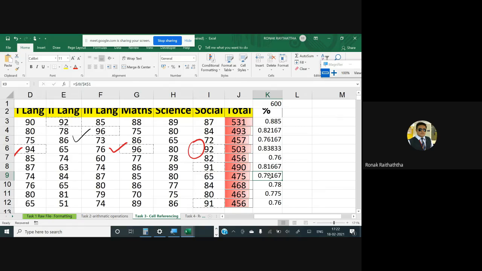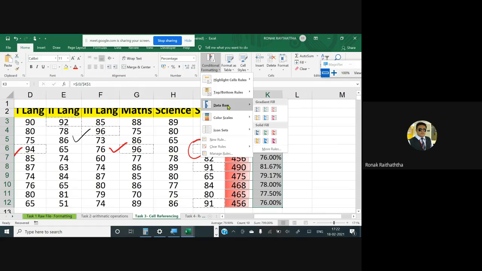Now let me apply that on the percentages as well over here. We have the percentages here. First of all, let me use the percentage sign from here. Once the data is selected, some students were like, sir, the whole percentages are going, so increase the decimals from here, who is stopping you? Now on the percentages too, I am applying data bars, and in the data bars I am going to